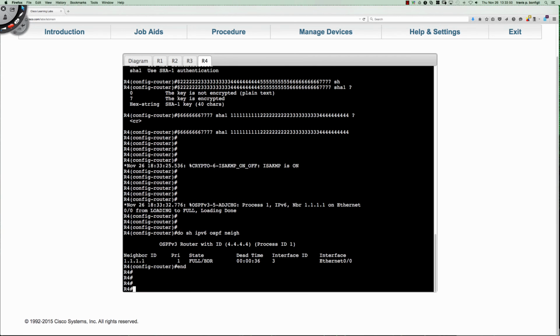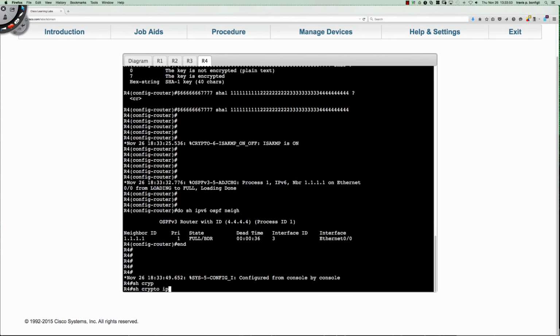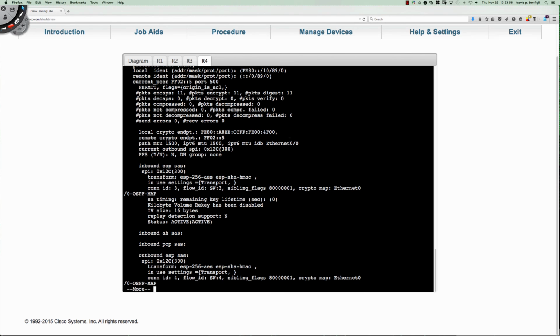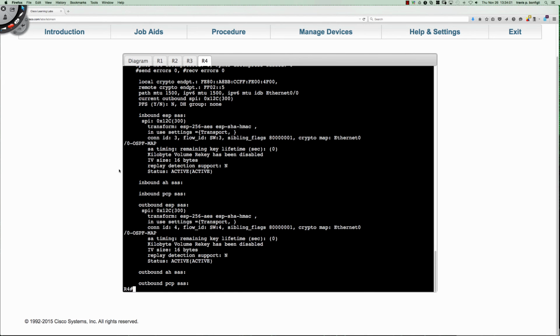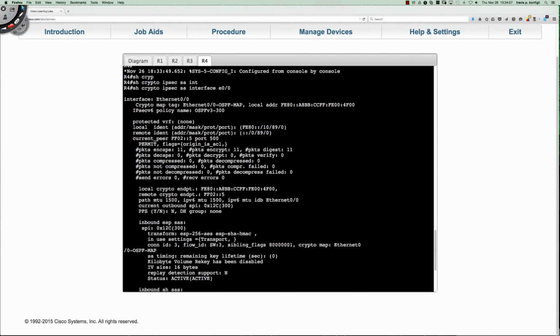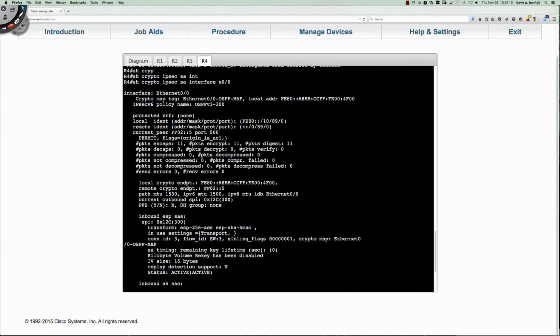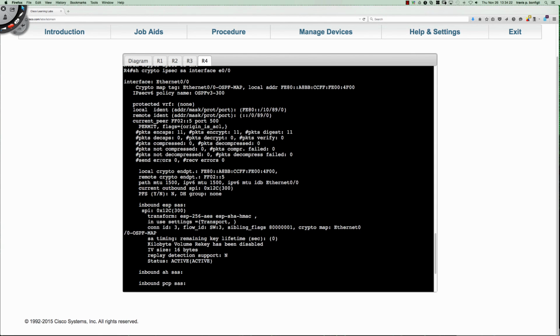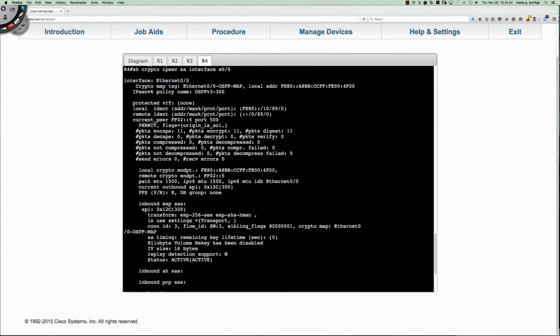Now, if I were to say show crypto ipsec sa and under the specific interface Ethernet 0/0, you can see that it's going to show us the information with respect to the security association between router 4 and router 1. And again, this command will work even if you're doing the authentication header only, or the AH only. However, remember, the most secure way to lock down your control plane is going to be using the encrypted method